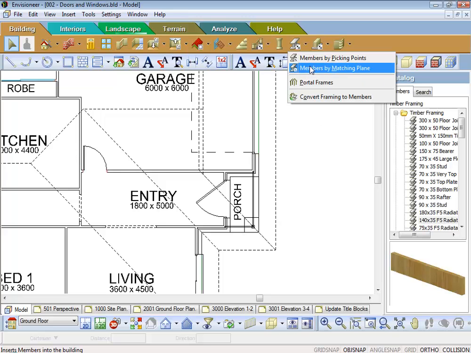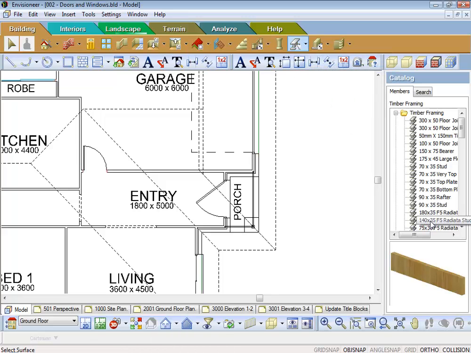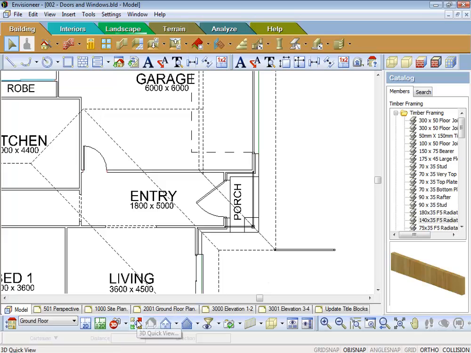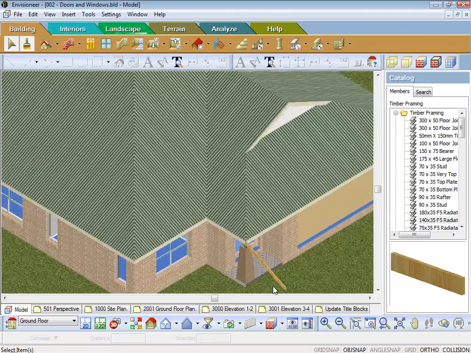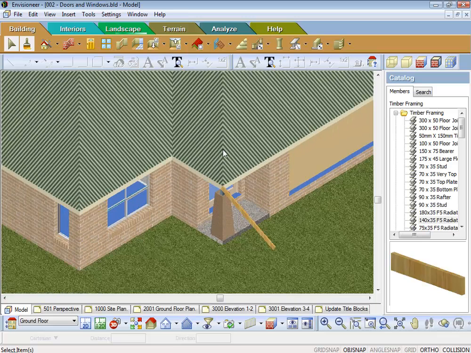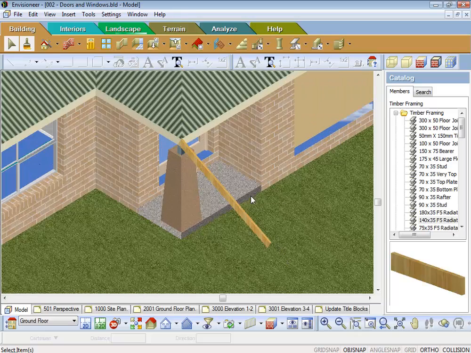So if I go to members by matching plane, I'll just use the same member, but look down the bottom left hand corner here and it's telling you to select a surface. So if I pick the line that indicates the fascia, that's picking the surface. Now down the bottom left hand corner it's asking me to pick first insertion point. If I pick a point, say on the end there, and drag it out, right click and finish, and then have a look at that in 3D, it has placed that member in off the corner of the roof,